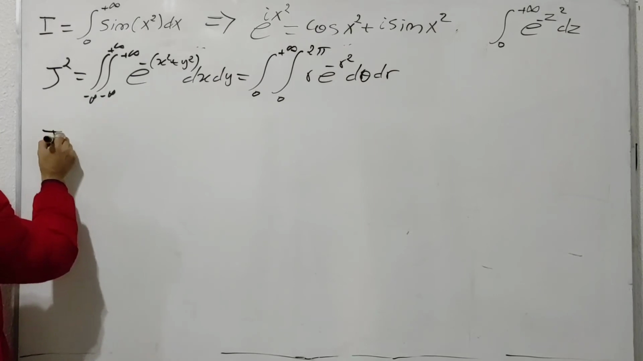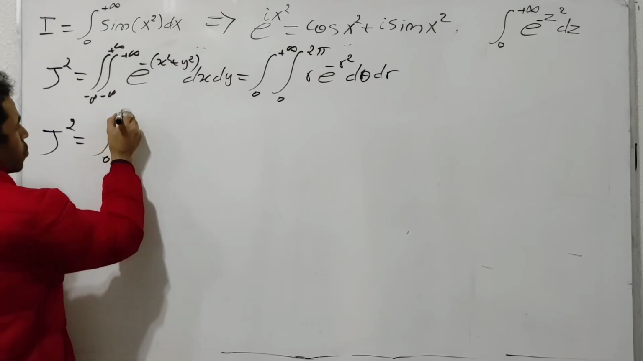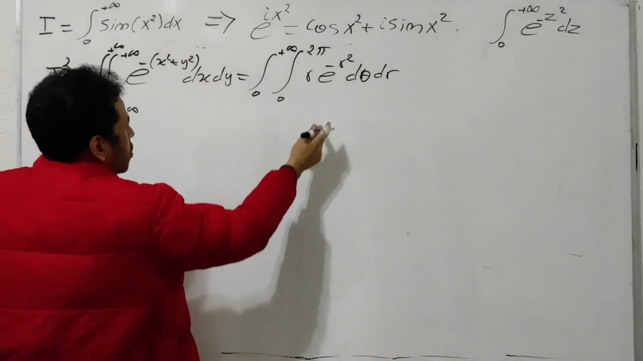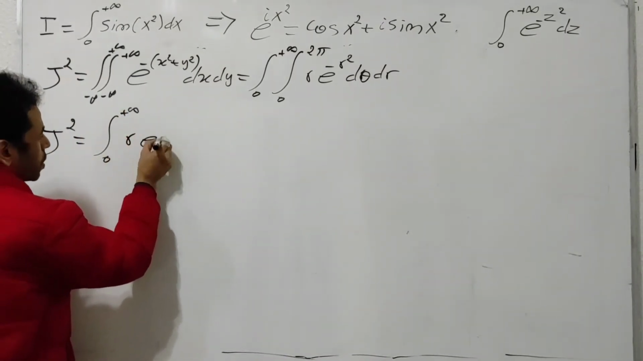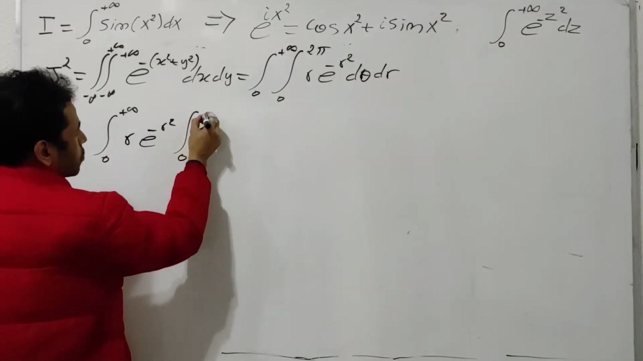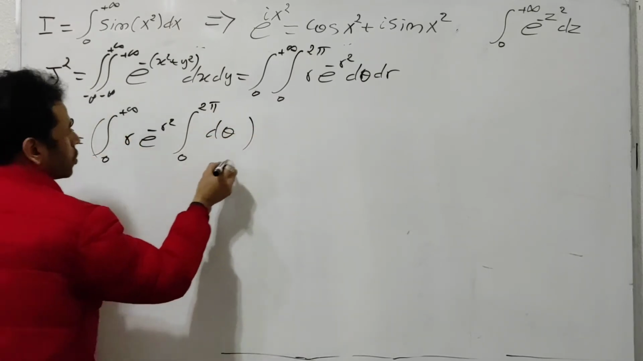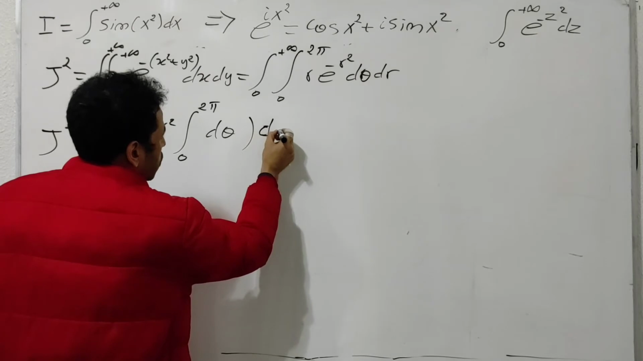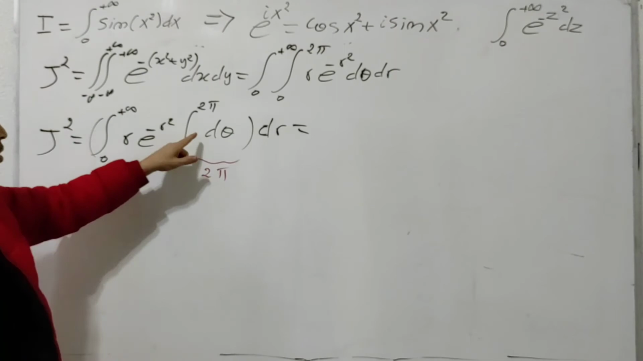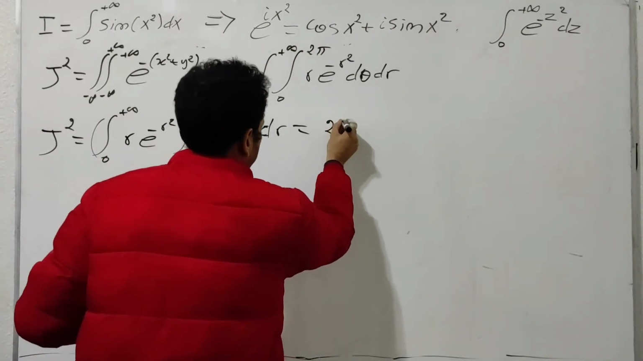So I will get g square equal to, as r goes from 0 to plus infinity, I'm going to take r terms outside of this integral because it's not dependent on theta. So we'll get r multiplied by e to the minus r square, multiplied by the integral from 0 to pi of d theta, the whole thing dr. This one is giving me 2 pi. By taking 2 pi outside of this integral, because it's a constant, I will get 2 pi multiplied by